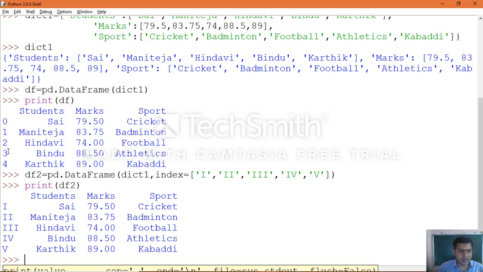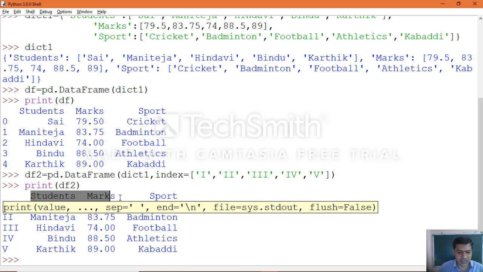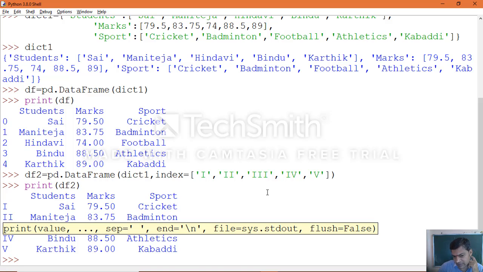Okay, earlier we didn't specify the index, it was taken as 0 1 2 3 4, that is the row label index, and column names are dictionary keys. The same way here, column names are again the dictionary keys, and the row index labels are whatever index we specified, Roman letters.